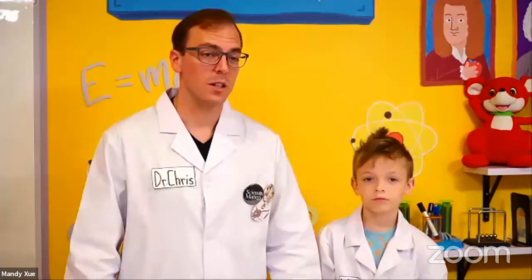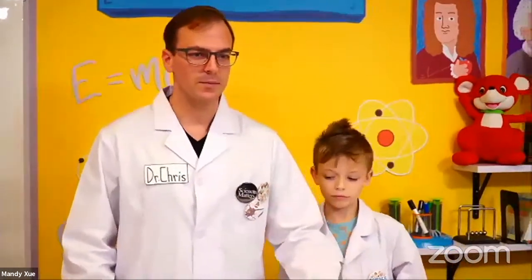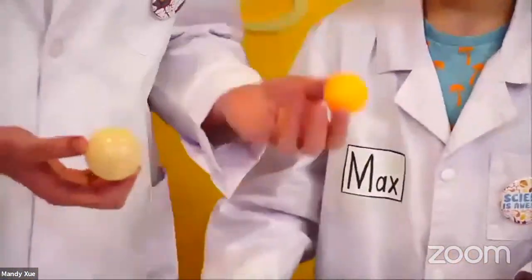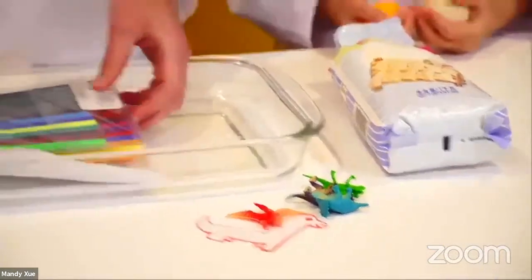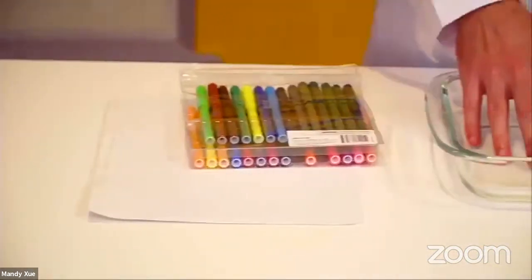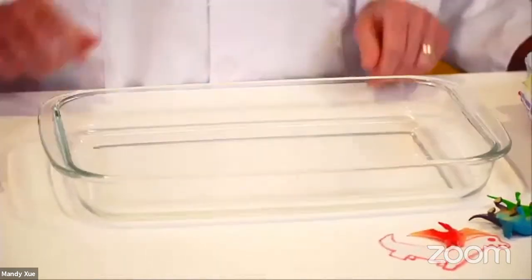Very good. So that's the story of Isaac Newton. Now we're going to try to see and feel what he discovered. So for this experiment, you will need a few things. You'll need some flour. We need some balls, one light and one heavy. Do you want to hold those? And we're going to need some toys. Here we have some dinosaurs, some textures, and paper if you're going to draw some dinosaurs. And then most importantly, a dish where we can hold the flour.